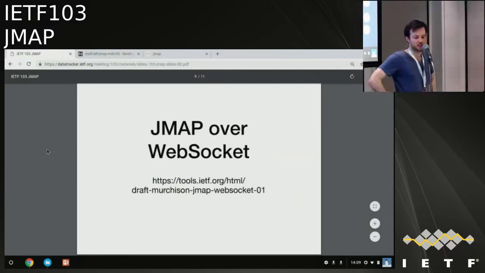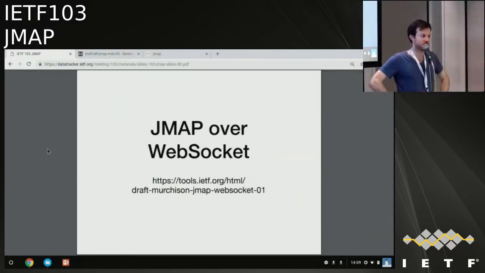Trying to go back to the other main extension we have proposed at the moment, which is about using WebSockets as an alternative transport mechanism. There are a couple of open questions on this. The proposal at the moment is to be able to use WebSockets as an alternative for sending the API requests back and forth. That's all your structured data, which I think would be potentially useful.